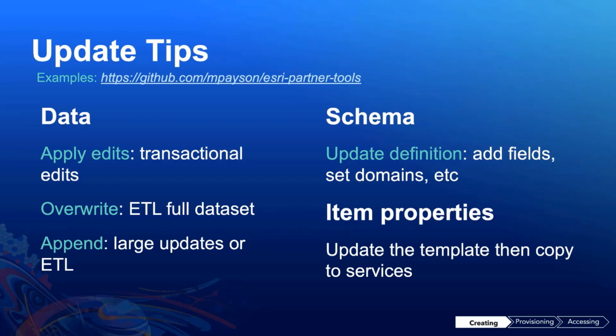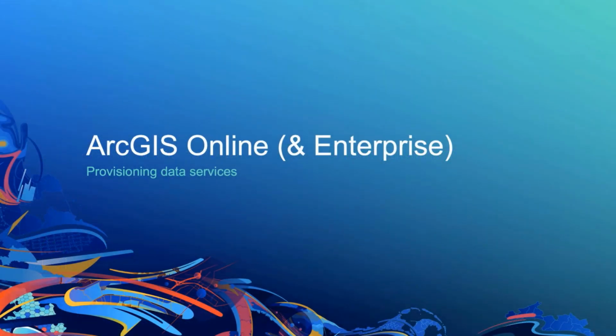And if you want to update the item properties, one idea here is to update them back in that template item through the UI. That way you know that the properties are set correctly, and then you can copy the resulting properties into the derivative services. So there are a couple examples of these sorts of operations that we have on GitHub at that URL at the top. So that was a quick tour of creating services, and I'm now going to hand it over to